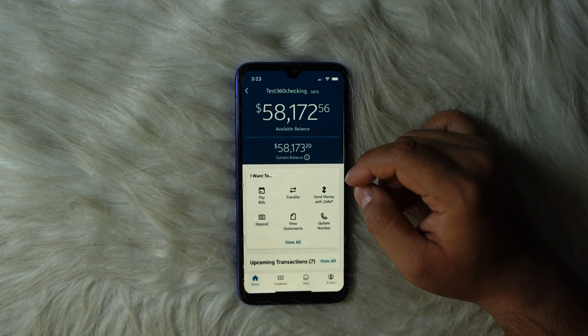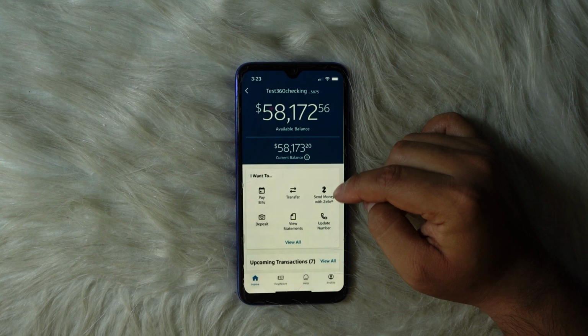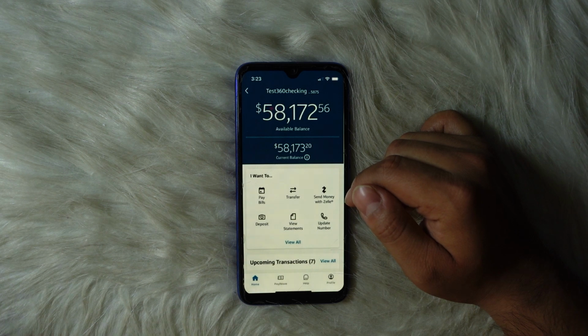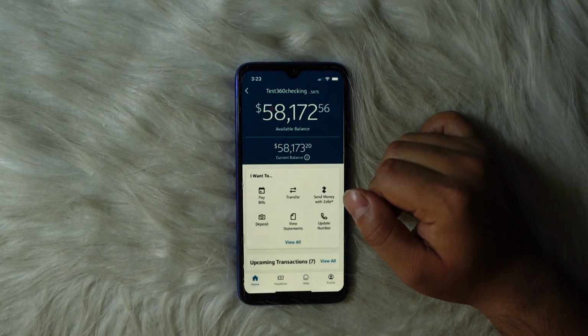Once that step is complete, in order to send money to other people, you just need to tap on the send money option that you should be able to find within, and then add in the other person's phone number or the email address that is linked or registered with Zelle. Enter in the desired amount and you can simply tap on the send button. So these are the exact steps that you can follow, or the process that you can follow to use Zelle